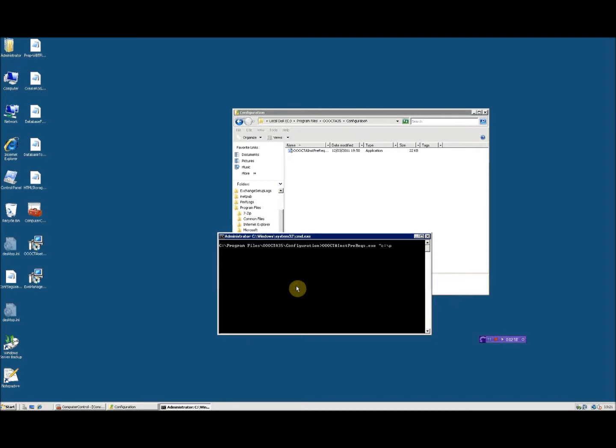So currently we're in C program files, OOOCTA 35, and the folder is interface, and for the server, program files, OOOCTA 35, service, and I hit enter,